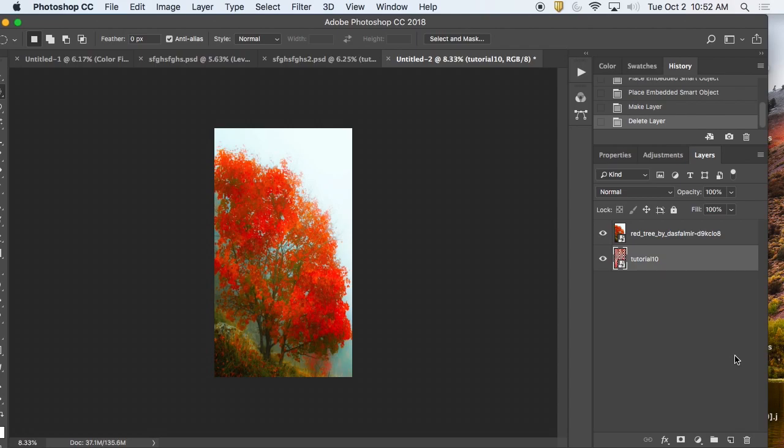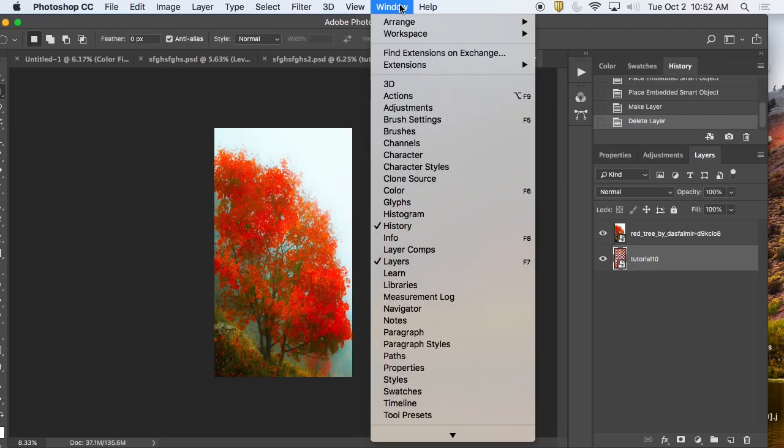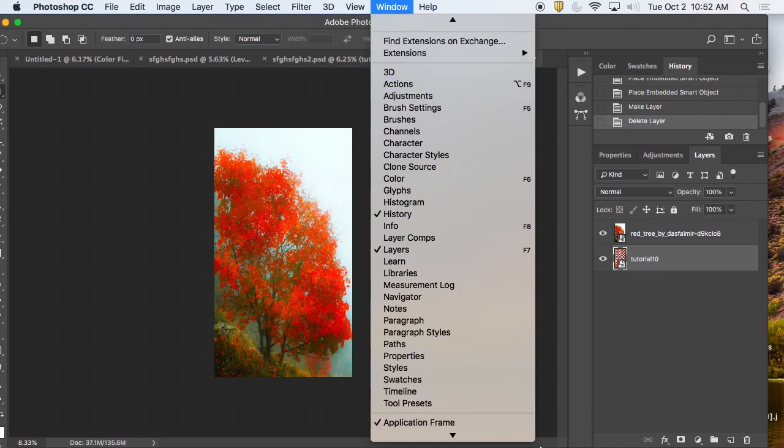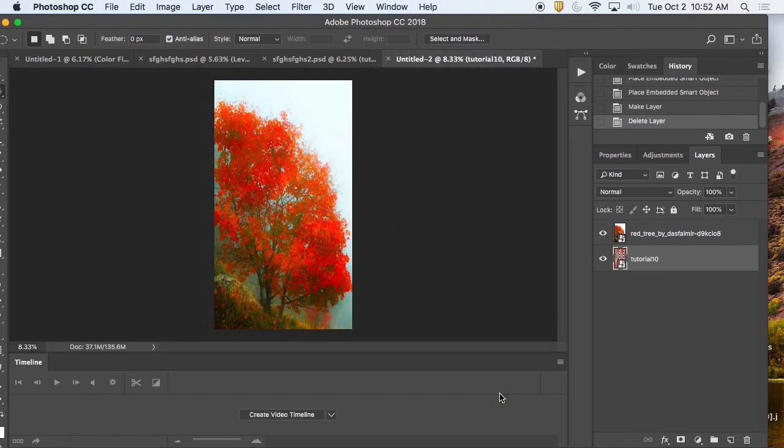Okay. All right. So I need to open up the timeline window. Your animation is going to take form in the timeline window. So if you don't see that window, timeline, that's going to create this window right here. You're going to see in the middle there's going to be a button. If you drop down this menu, there's 2 choices on this button here: create video timeline and create frame animation. We're going to start with a frame animation because that'll be maybe a little more straightforward.